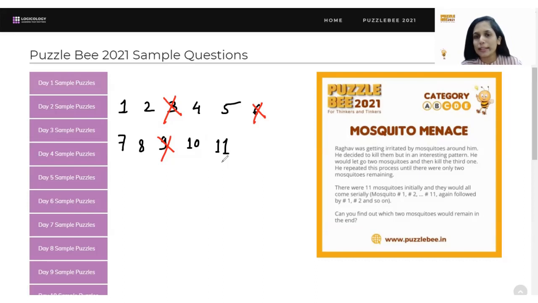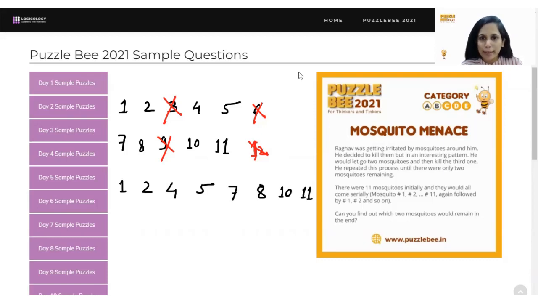Now who would get killed? There is no number 12, right? We do not have any 12. So if 12 does not exist, what is happening? This is what has been mentioned here: after number 11, who comes? Again it's 1, 2, and so on. So after this, it's actually mosquito number 1 again. Let me write it again, using black color. So 1, 2. Now 3 is already dead, so 3 cannot come back. So 4, 5. Then 6 is dead, so 6 cannot come. 7, 8, 9 is dead. And then you are left with 10 and 11.